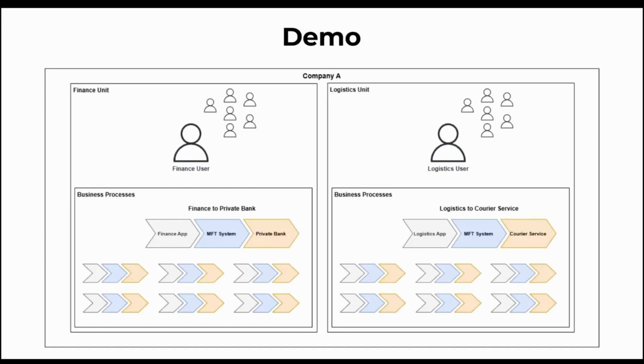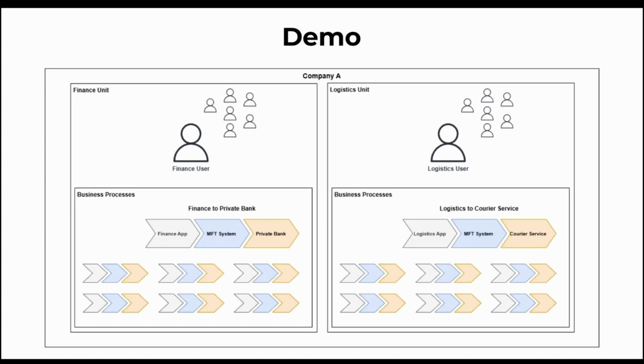Now, the next step is actually to go into a demo, but I want us to quickly cover this simulated environment we're going to be looking at. Before we go into this demo, we will be simulating that we are a company called Company A. Very creative, I know. Company A has business units called Finance and Logistics, as we can see in the picture. The Finance business unit has internal applications called Finance App. The Finance App generates files that are picked up by the MFT server and sent to an external partner called